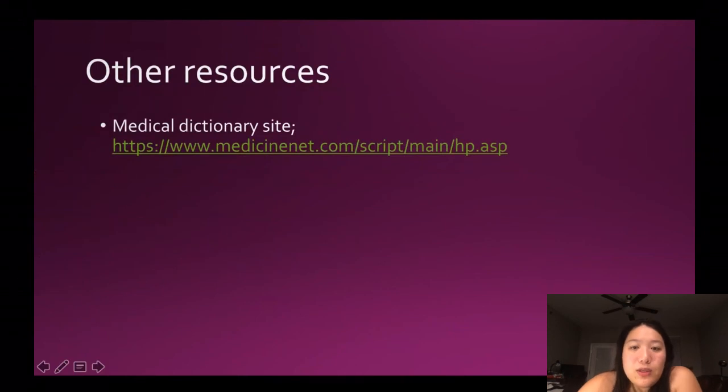And so there are other resources that you can use. I was actually led to this medical dictionary site through one of my classes. They put the link. This is just a site where there are different medical terms. It takes you to things like health categories, popular health centers, MedicineNet, and it also has health news that you can look at, and overall different terminologies. There's diseases and conditions, drugs, supplements, healthy living, media,